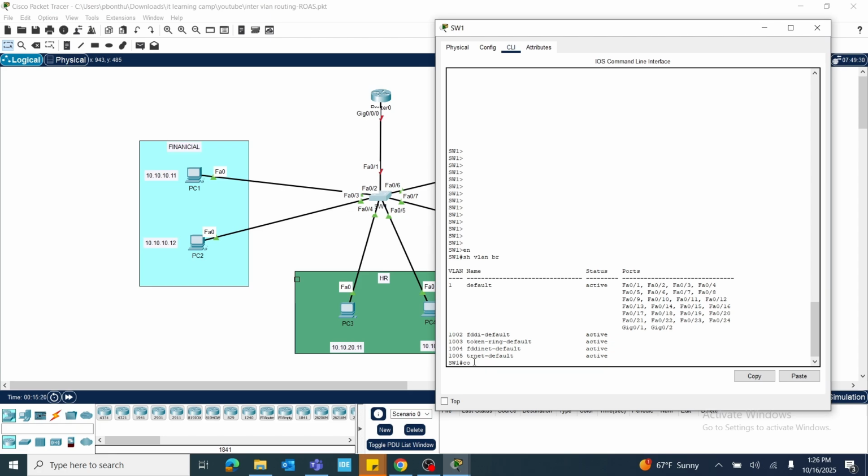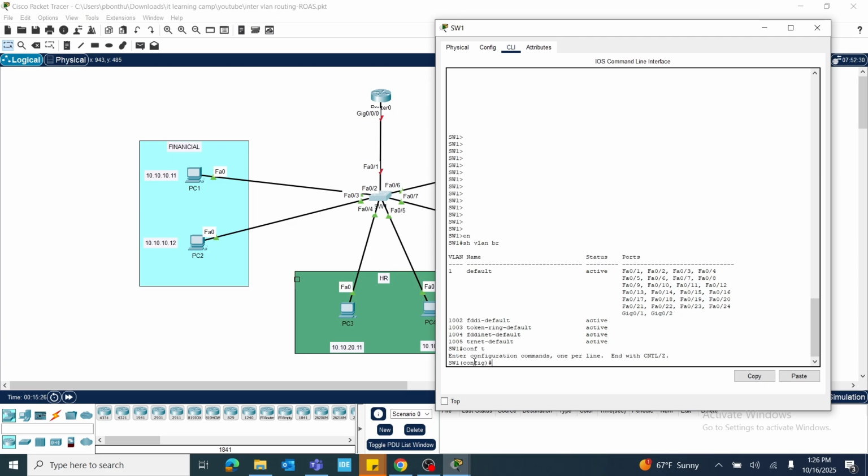So conf t, let's go to configuration mode by command conf t, config t, interface range. When we are assigning the same command on both interfaces, we can use the word range so that we can assign both at a time. Interface range fast Ethernet 0/2-3,